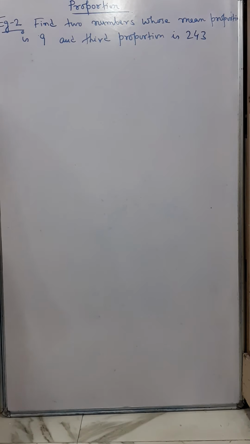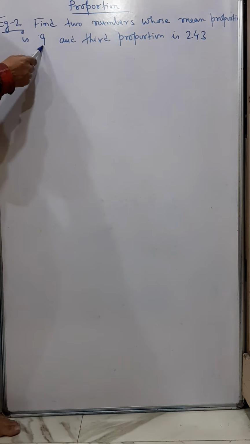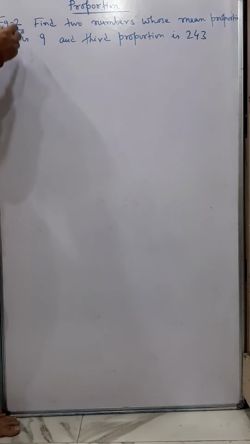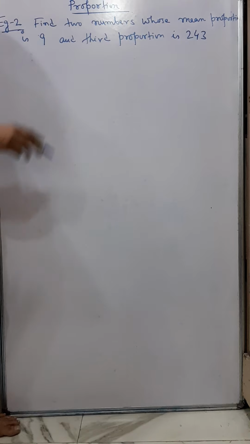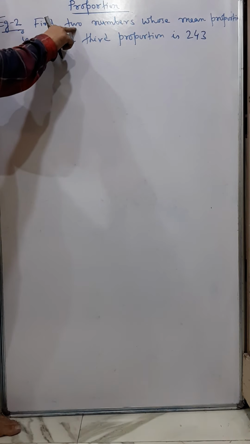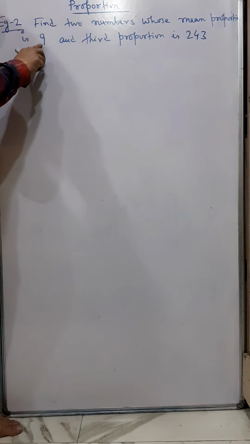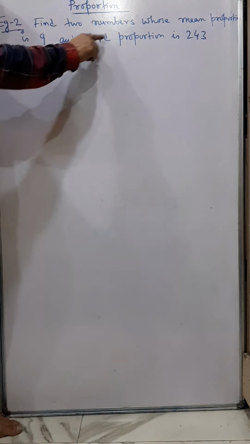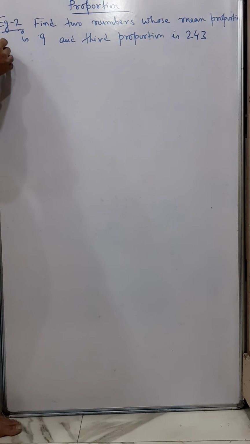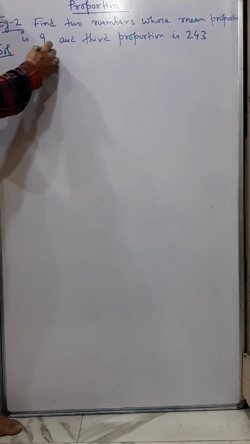Okay, now see the next example. Find two numbers whose mean proportion is 9 and third proportion is 243. Now this is a very important sum. So what they told, we have to find two numbers such that whose mean proportion is 9 and the third proportion of those two numbers is 243. Now we can start like this. Let the numbers be